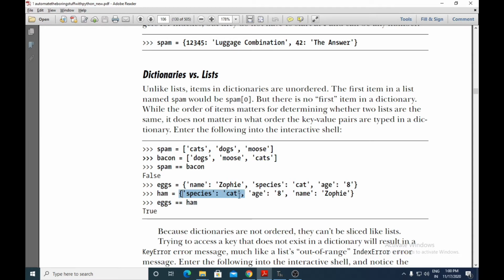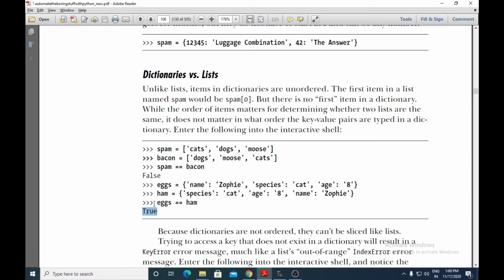Here we have species cat, here also species cat; age 8, age 8; name Zophie, name Zophie. The same key-value pairs are in both dictionaries, only the ordering differs. So ordering is not important in dictionaries, and when you compare both variables, eggs == ham, it will give us True.